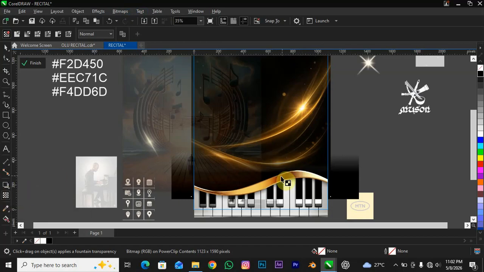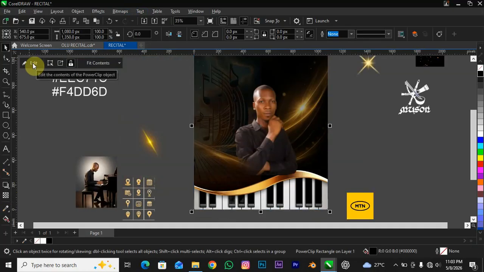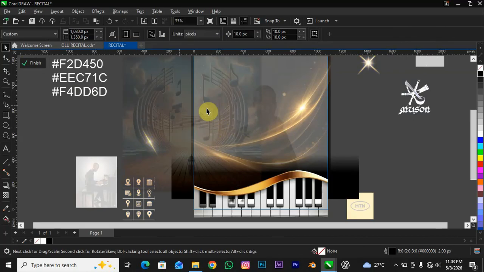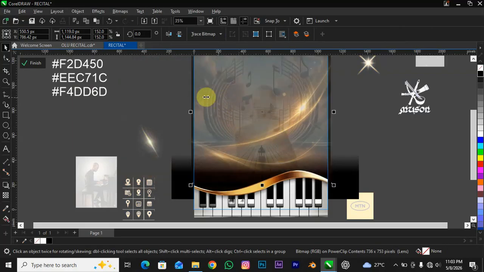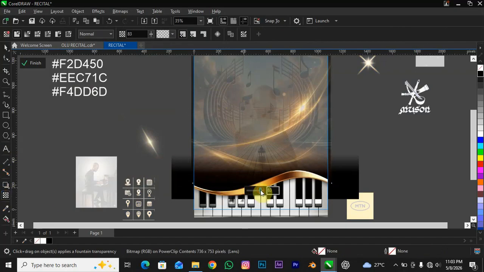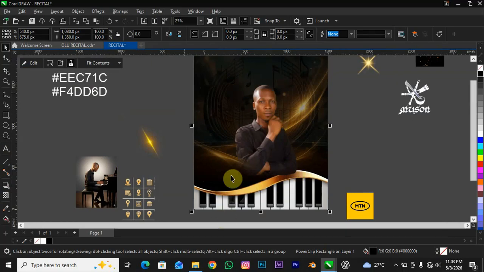So I think I want to make it a little bit transparent, not too much. Let me see. Okay, yeah. Edit again, and bring this back. And this also I can still work on for the transparent. It's too bright. Okay. All right. So as you can see, it's already blending. So now what I will do now is